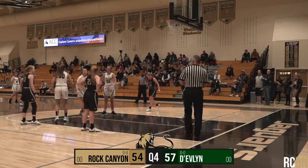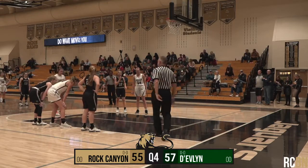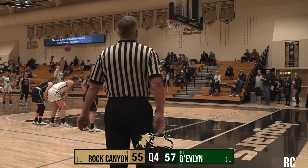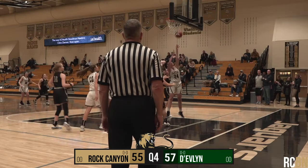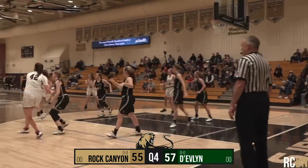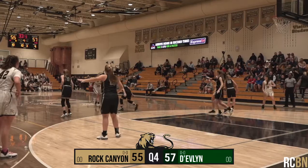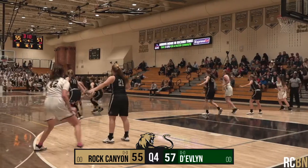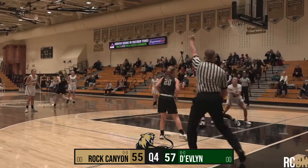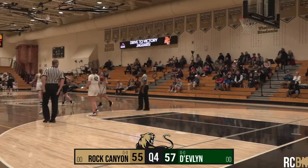She was a huge part of this team on defense and on offense, making that first clutch free throw, getting them within 2 points. It should be noted, Devlin is now at 9 fouls. If they get one more, Rock Canyon will be in the double bonus. 40 seconds left. Rock Canyon with the rebound to Hamilton. Hamilton will take it back a little bit. She's got time. She'll try and drive. She'll find it, and it'll be stolen by Devlin. A foul is taken by McEwen. It's a smart foul. It does not waste that much time. With 20 seconds,